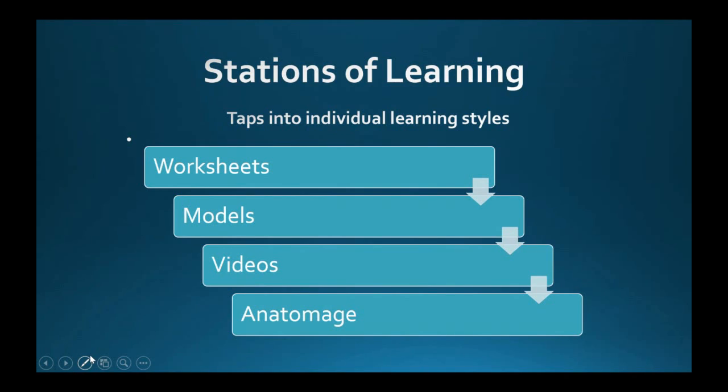And then the Anatomage is a virtual anatomy table, if you're not familiar with it. It's pretty much a huge tablet of digital slices, a digital cadaver. It is amazing. But even that, trying to tap into as many ways of learning as possible so that it would hit home with just about every student. And I know that you said you teach psychology, correct?